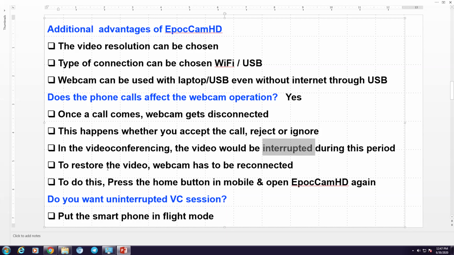Okay, so to restore the video, you have to reconnect the webcam. To do this, you have to press the home button on the mobile and open the EpocCam HD again. You don't have to do anything on the laptop. You only have to press the home button on the mobile and then open the EpocCam HD